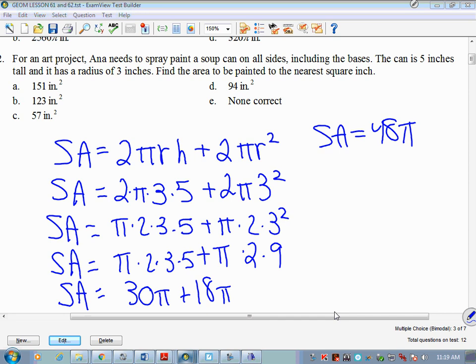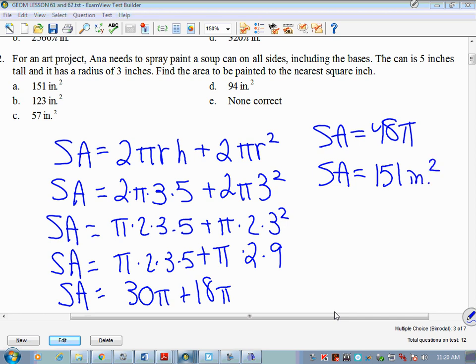So let's take 48 times 3.14. What do you get? Approximately to the nearest square inch. So what would that 0.7 round up to? 151